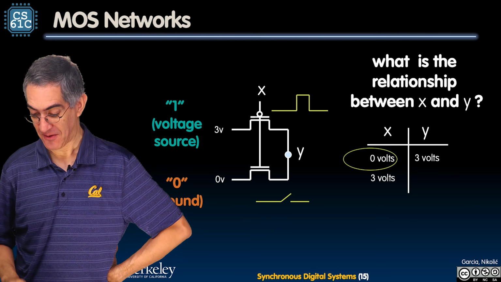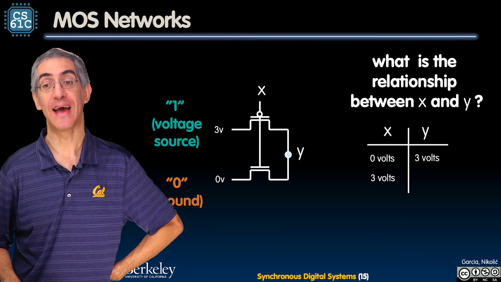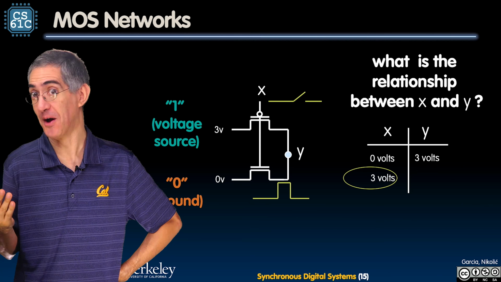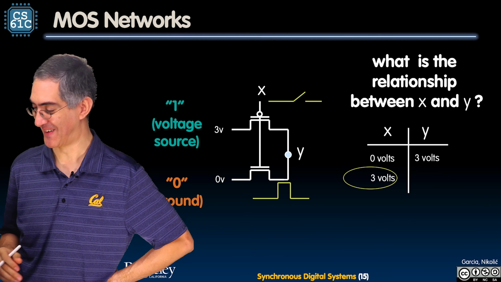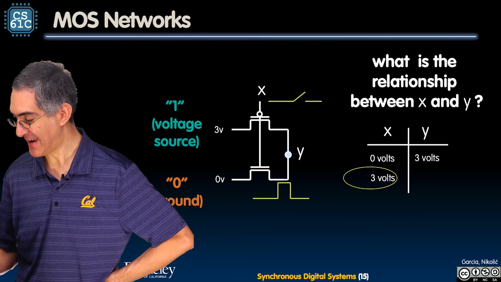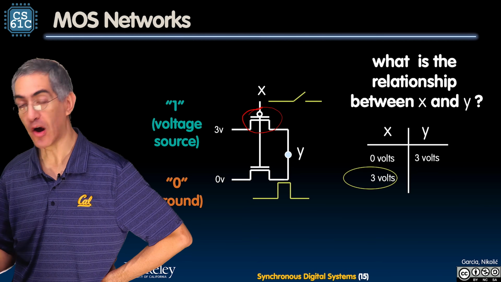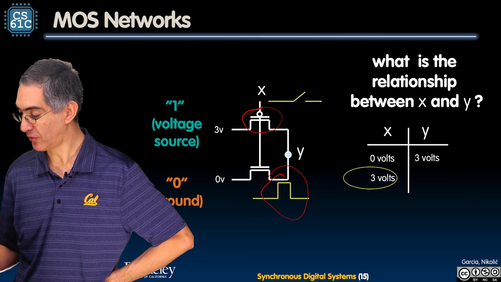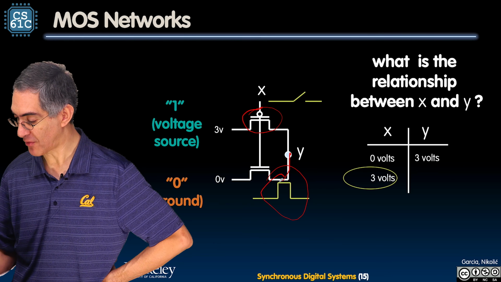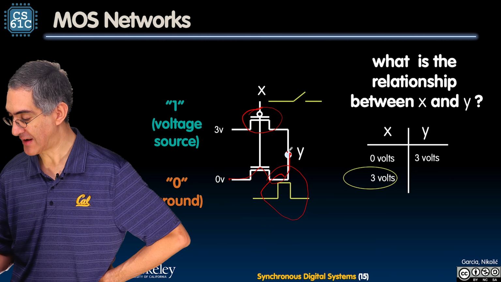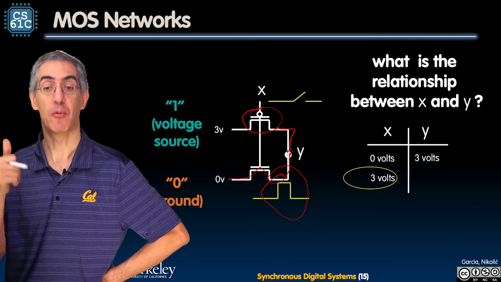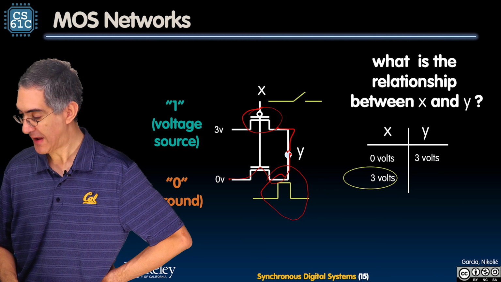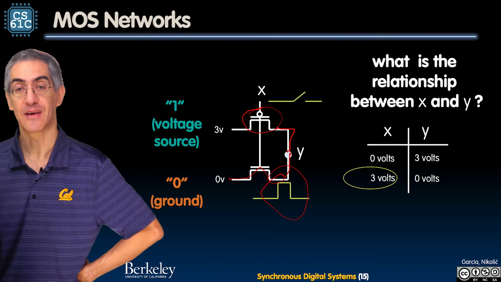Okay. Now, next, what happens when X goes high? You say, well, Michelle, does that mean when they go high, we go low? Is that what that means? Well, let's see what happens here. So X goes high, okay? Well, that means this is going to open, and then this is going to close. And when that closes, does Y have a value? Yes, it is connected directly to 0 through that path, and it is disconnected from 3 volts. So Y does have a value, and I'm not short-circuiting 1 to 0,